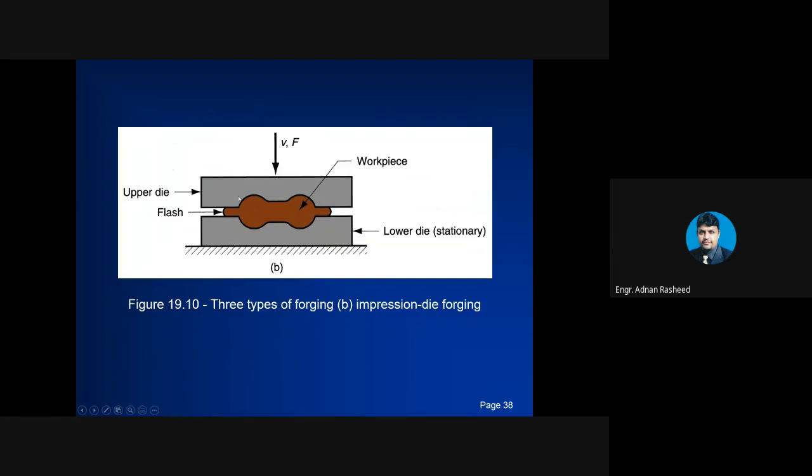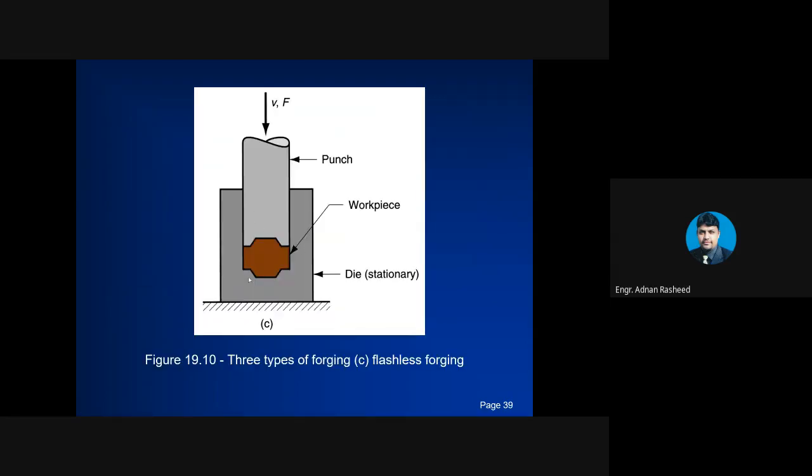You can see these are the impressions or cavities that are available in your dies, and by pressing the metal, you will get the shape of the die. Now you can again see that there is no constraint over here, so metal will flow over this. Now these flashes are extra material, which is useless and must be removed to get the final geometry. Now this is the example of flashless forging. You can see that there are constraints. The upper die and lower die also have shape, and you will get the exact shape over here.